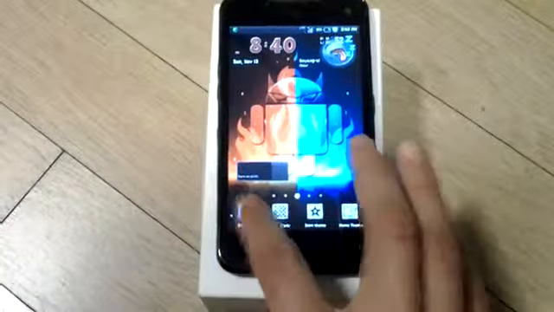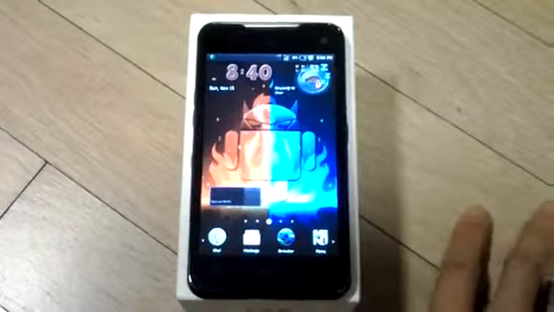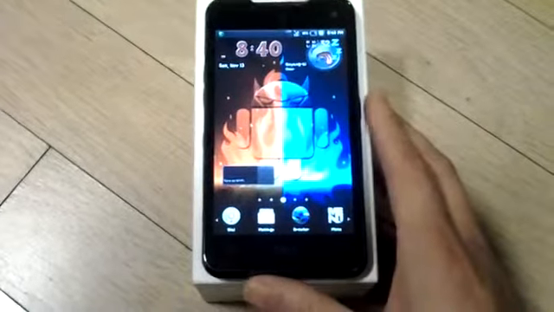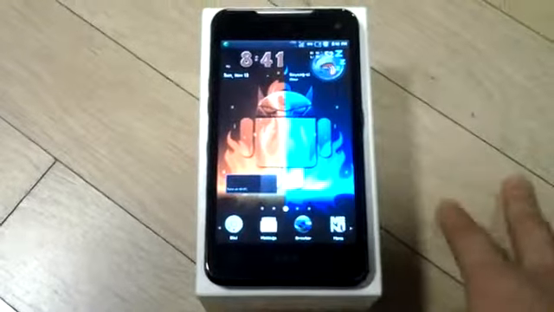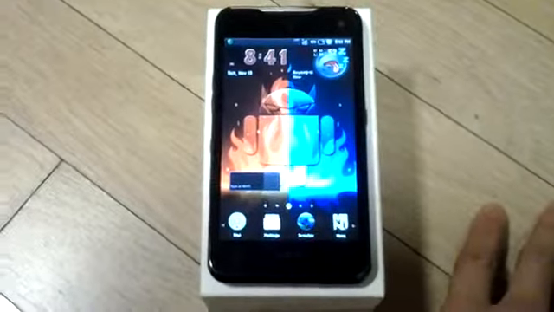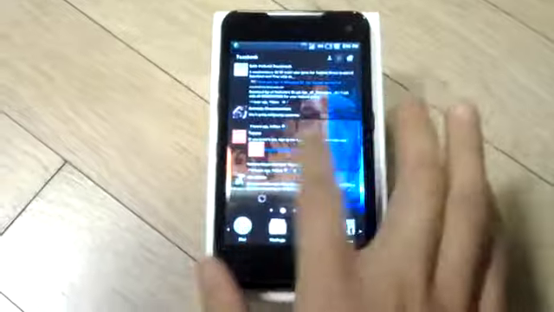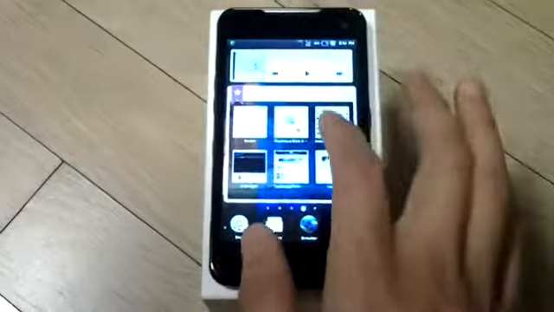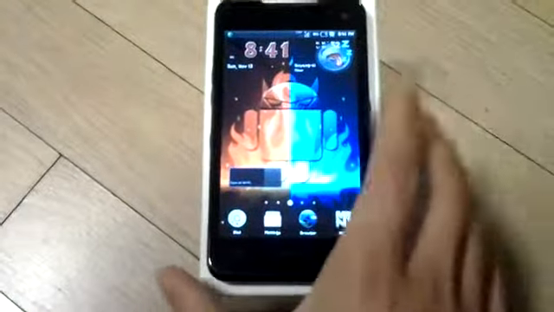So this is just the basic review of the phone itself, and my last comment says that I have both phones now. I usually have two cell phones, so this is my second cell phone. I traded my Sensation in for this one, and I must say I'm very pleased with this phone. I still love my Samsung Galaxy S2 HD LTE phone more, but there are some things about this phone I like